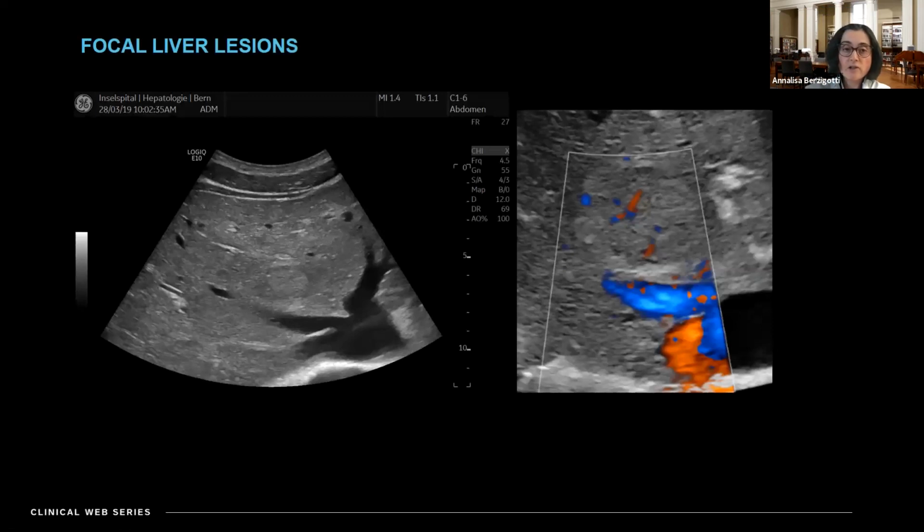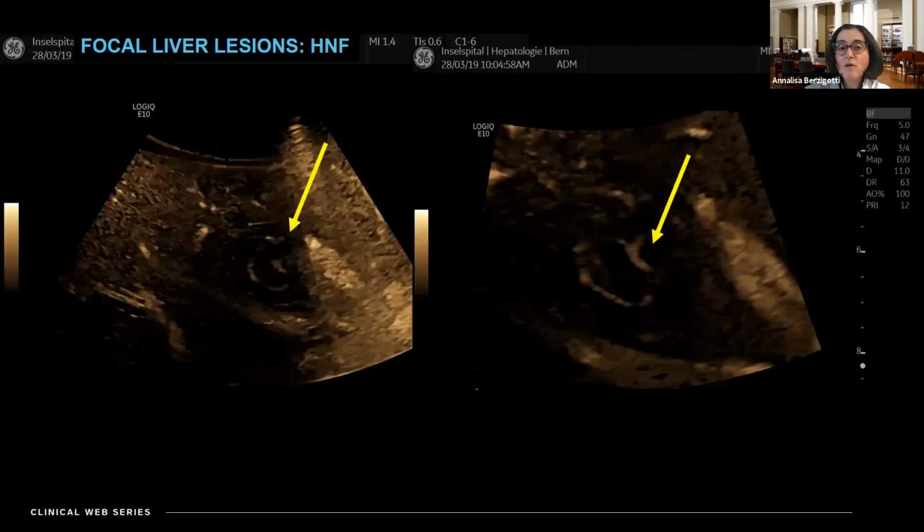This is a patient that we could observe with this hyperechogenic lesion, which has an aspect that already on power Doppler suggests very likely a focal nodular hyperplasia, because you see a central vessel, and on spectral Doppler, it seems to have an arterial flow. But I think with this additional technology, you can be pretty sure. So you see that there is a central artery, and in the other images, we could see that it was really the typical aspect you expect in FNH.